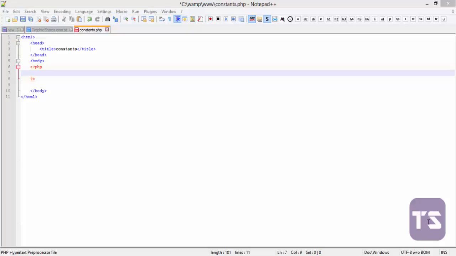So far we've learned many data types, but this time we're going to be talking about constants. Constants are very similar to variables in the sense that variables vary but a constant remains the same, okay? And we're going to keep it very short. Now, to assign a constant,